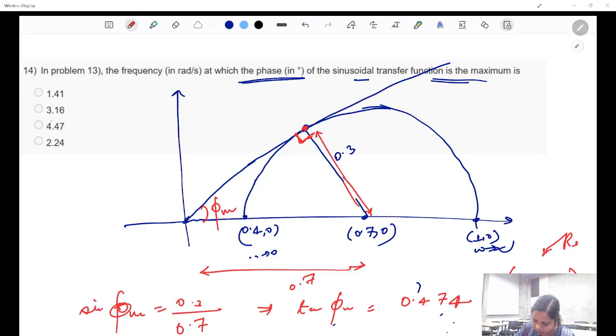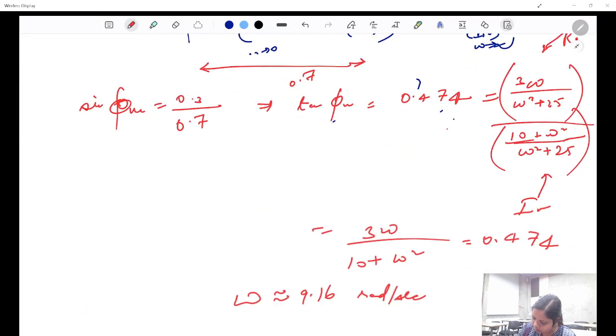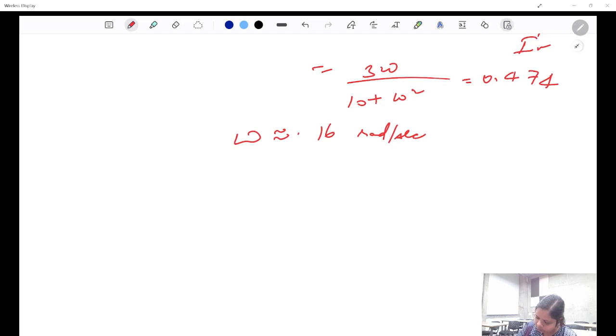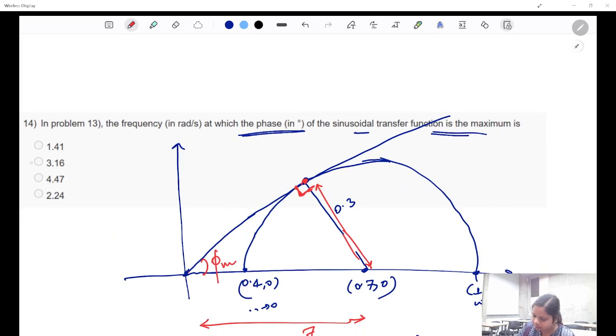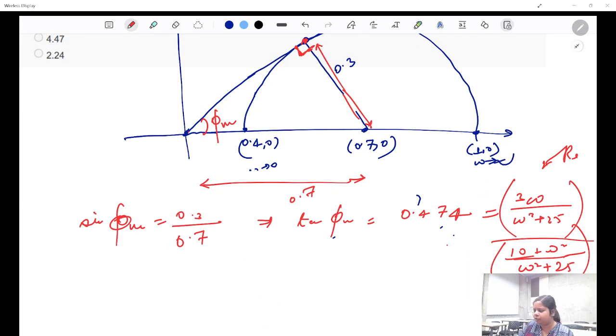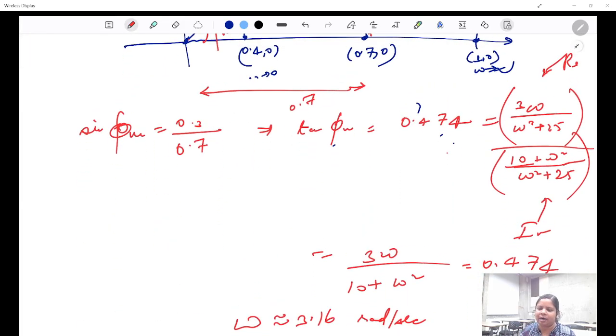Sorry, not 9, 3.16 radian per second. So this is the answer. Any confusion in this question, or was it clear? The maximum phase is when it becomes tangent to the circle, and for that phase